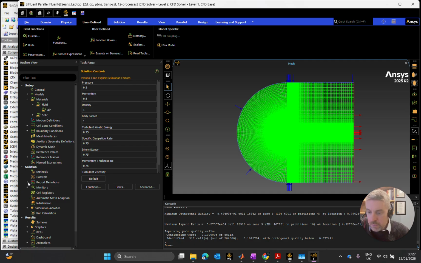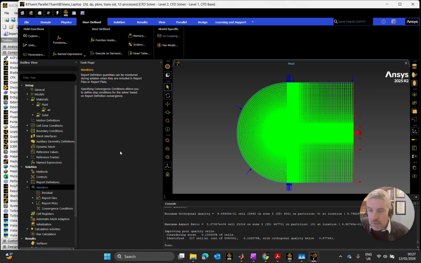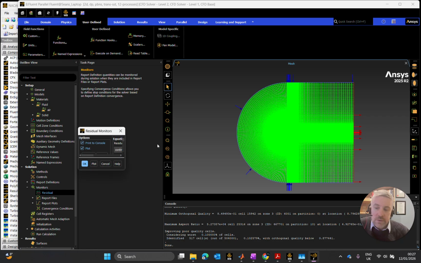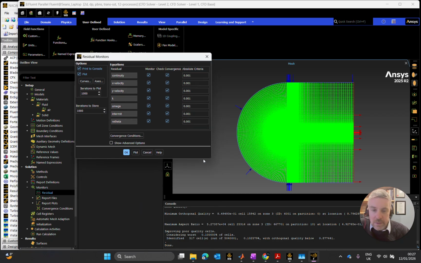Okay, so that was the report definitions. I dropped them down. I can see the 2 I added in. The monitors, let's get a wee look at the monitors here. I have residual and report files. So in my residuals here, my RMS values,